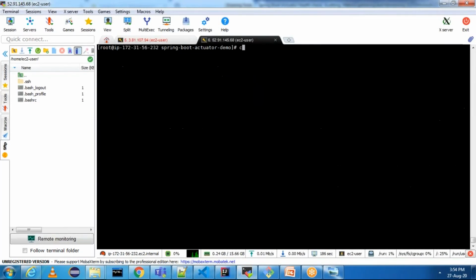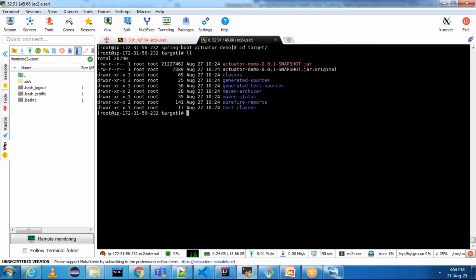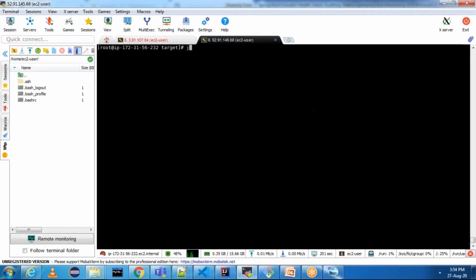This is success. Go to the target directory and run the java -jar command in the background. For that, use the nohup command. nohup java -jar, this is your jar file, and say ampersand. Your application is running. If you want, you can see jps. This is a Java process. And if you want more information, you can see this. This is fine. jps is fine, and then your Java application is running.